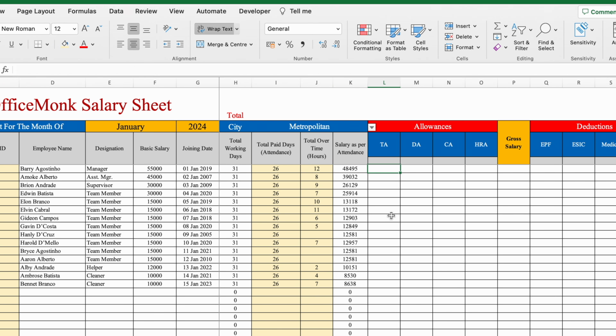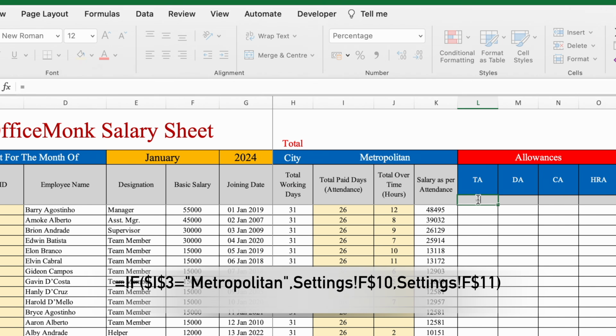TA, DA, CA and HRA. Before inserting the formula, we will have to insert the percentages over here, and we have to make this percentage dynamic, means it will be managed from the drop down of metropolitan and non-metropolitan. So the formula will be equal to IF, bracket open, we will click over here, I3, press function F4 and the cells will be locked, is equal to "Metropolitan" in double inverted commas, close,